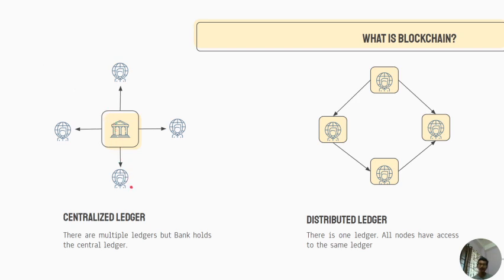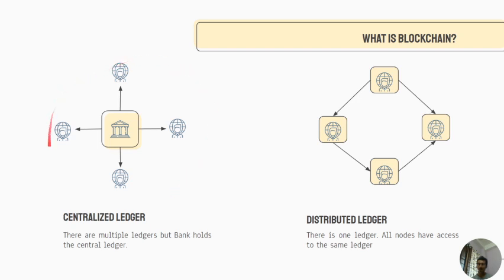So this is basically the whole issue with using the centralized ledger. There is a single point of entity. First, if it gets broken, then we face downtime, a major issue, and if it gets hacked, there's also a major issue. So let us talk about the distributed architecture right now.